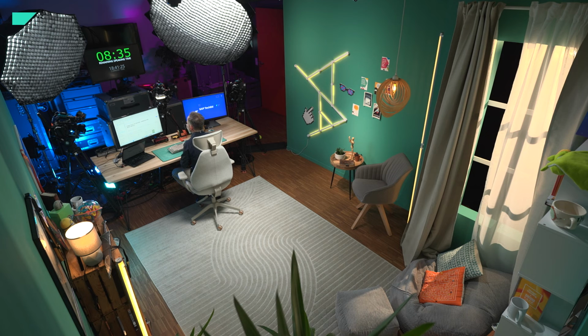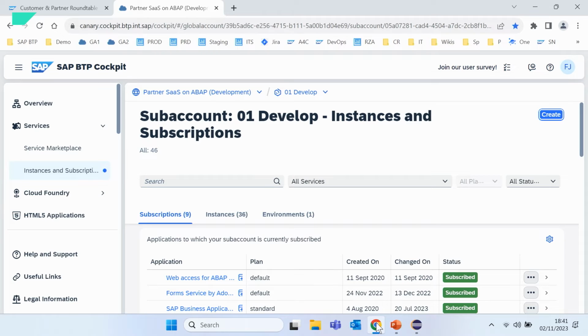This was the presentation, and now I would like to go into a live demo, and therefore I switch to my browser. What I want to show you now in this live demo is how a partner builds a product. Building a product does not mean that I would like to explain all the development activities. This is what I would basically skip, but I would like to explain what is required to really build a product out of a developed application.